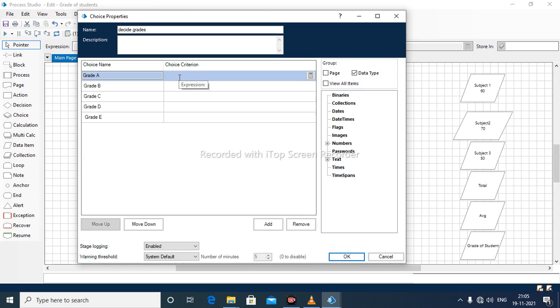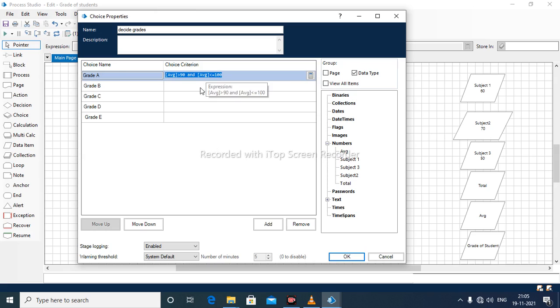Now I want to write the choice criteria. So what will I write? I will drag the average here. If the average is greater than 90, this is my first condition, and average is less than or equal to 100.